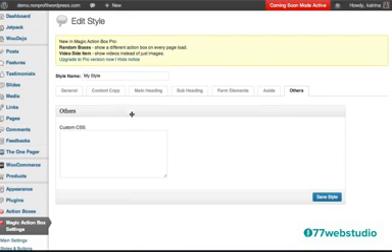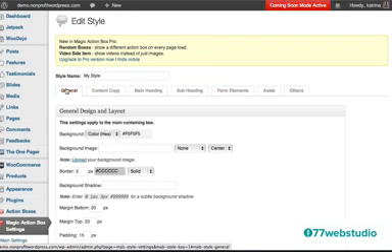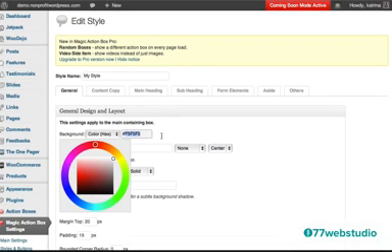And here on the Edit Style page, I want to go to General. So here on the General Settings tab, you see these settings apply to the main containing box. So we had noticed that the main containing box, the background was a gray kind of off-white color, which is this color right here, F5, F5, F5. So in order to have a white color, we need to make this 6 Fs. So I'm just going to override the default F5 code, and I'm just going to put